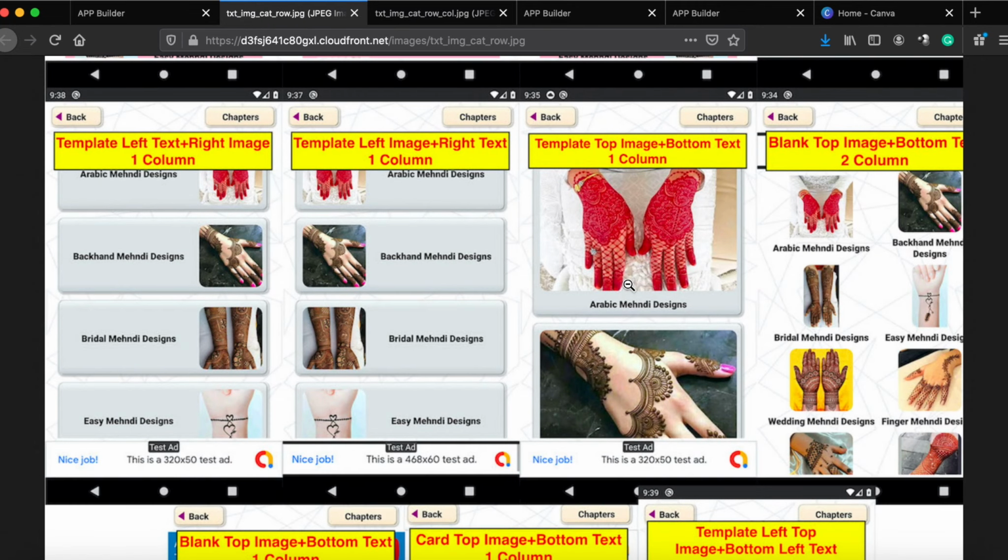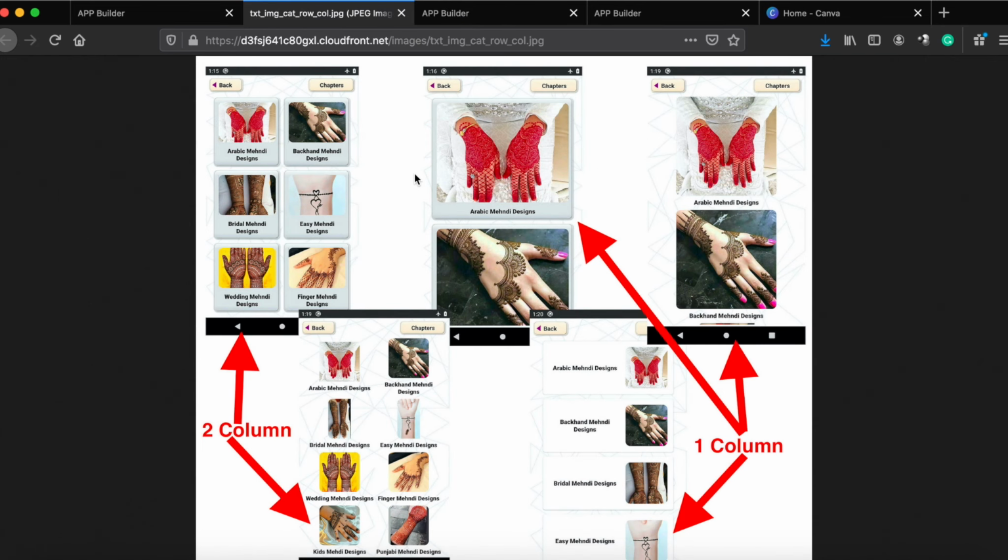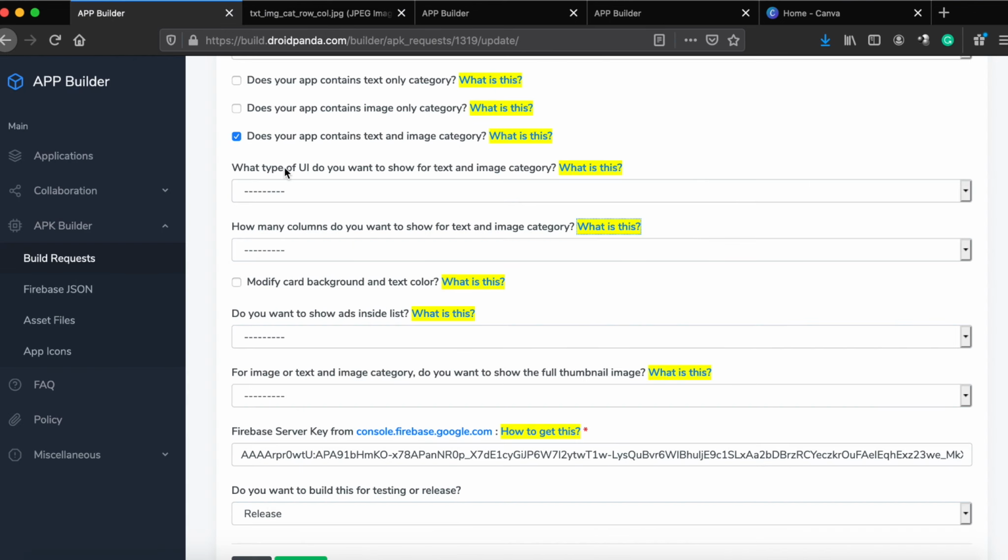You can customize these screens in many ways. Using one column or two columns. Using template graphics or card. You can also modify the card color and text as well.